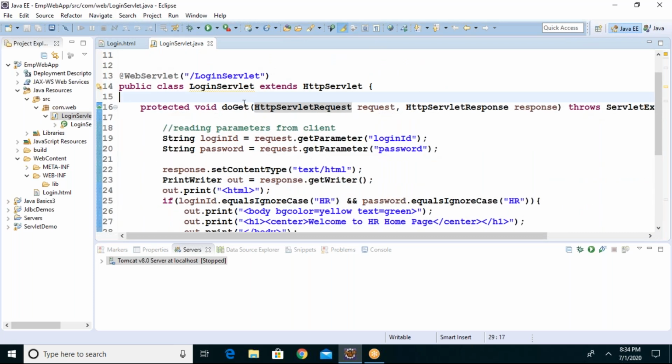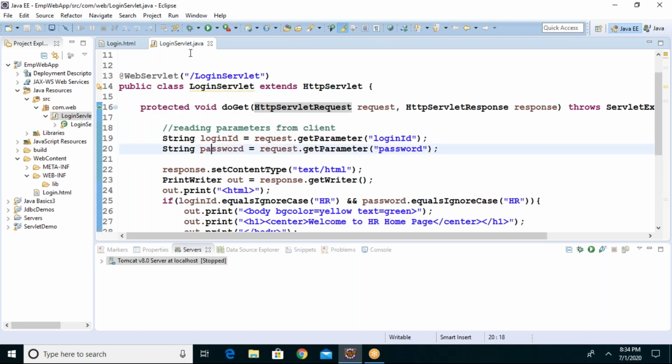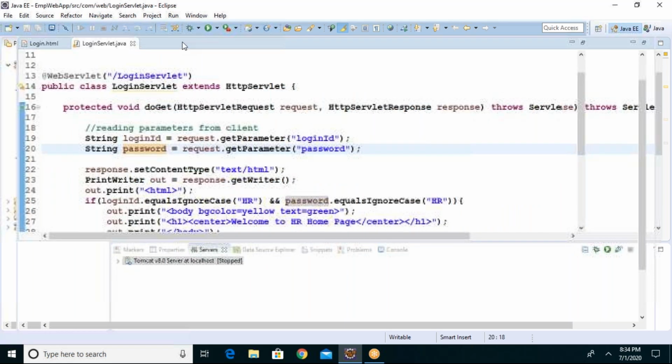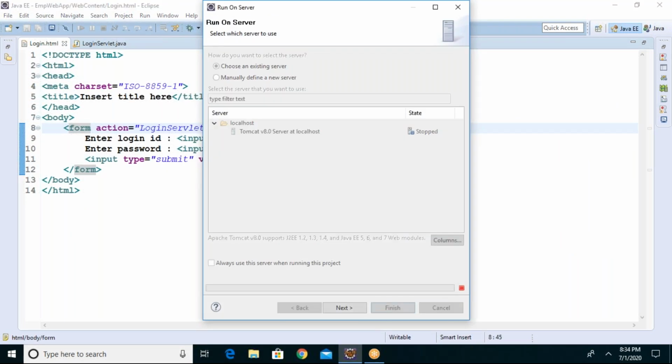So when it hits the doGet method, it will invoke the code inside the doGet method. And let us see first once again what is the doGet request.